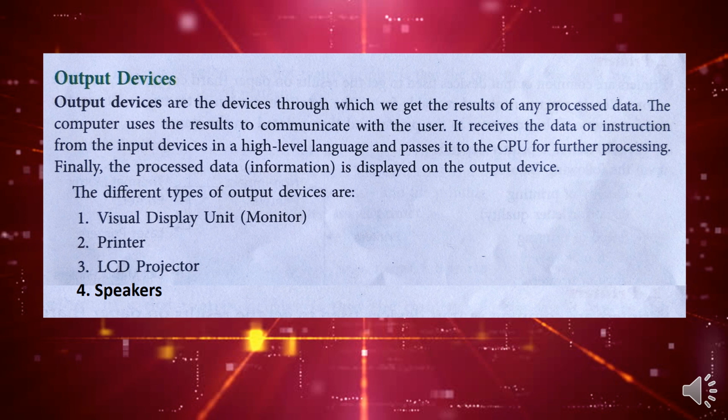Students, whatever data we receive from the input devices, especially from the keyboard and the mouse, goes to the CPU, that is the central processing unit. The data we receive from the keyboard through the user is in the form of high level language. Especially in our language we input the data. When the same data goes to the CPU, as I said in my previous video, it is converted into machine level language.